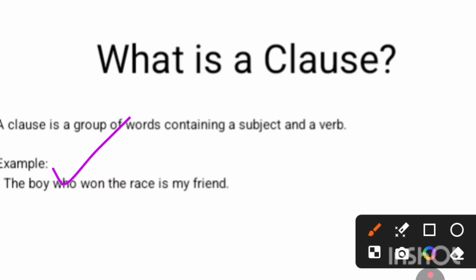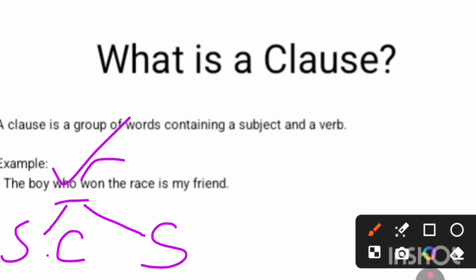This is the who. This term who is the subordinating conjunction. There is no doubt it is a subordinating conjunction. On the other hand, this term who is the subject of the verb. So this term who is